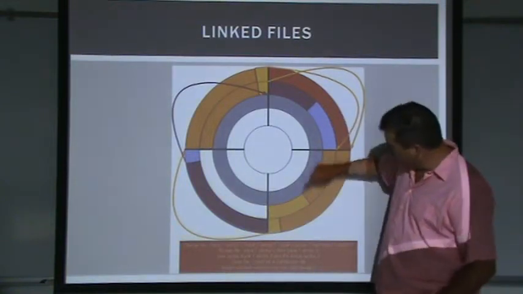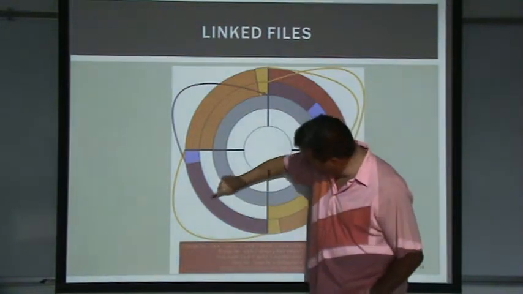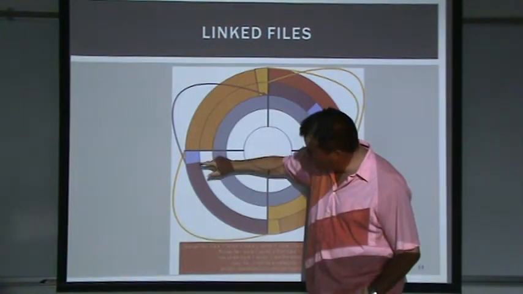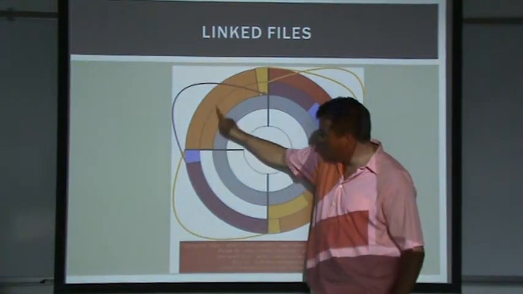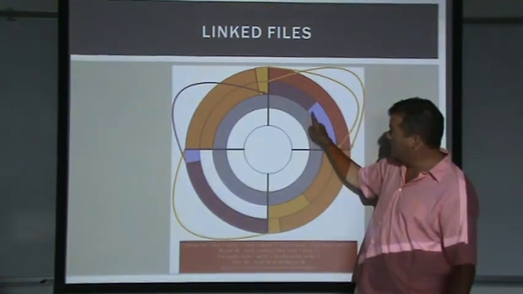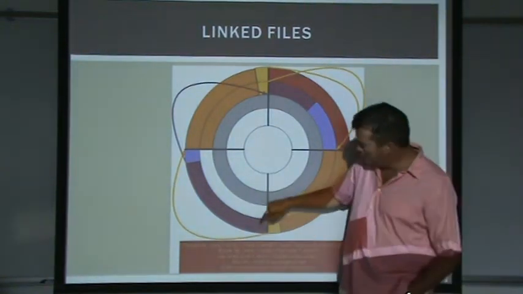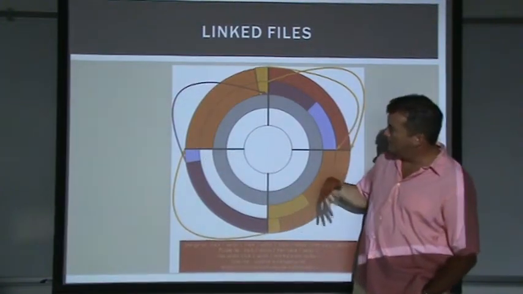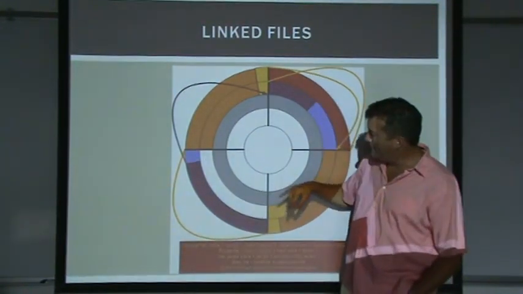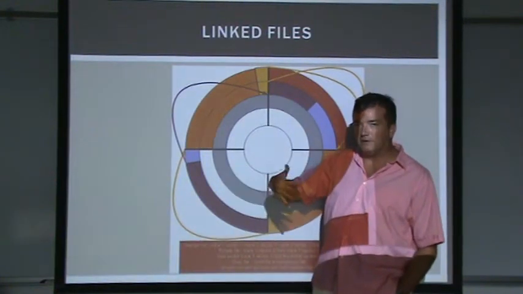So the file starts here, and it goes in purple, and it runs along here, and now the next leg, or the next piece of that file, doesn't have to appear right after it, it appears over here. So here was the other question. As you're reading this file, and we're now using linked files, not contiguous files, how would we know where the next piece of the file is?